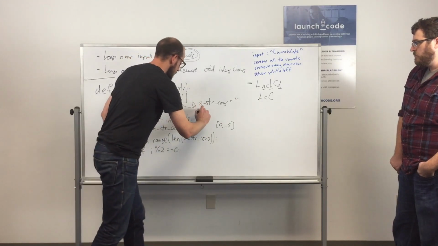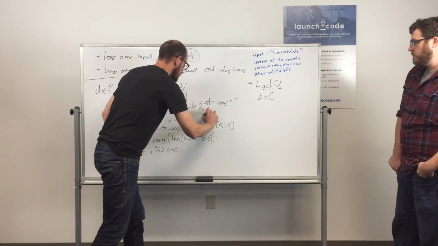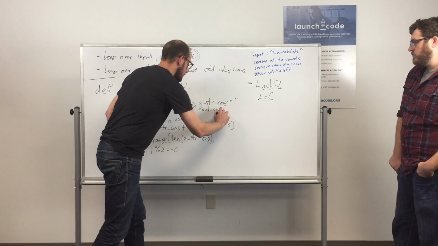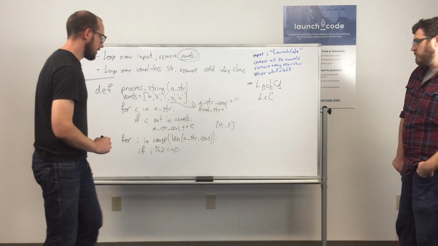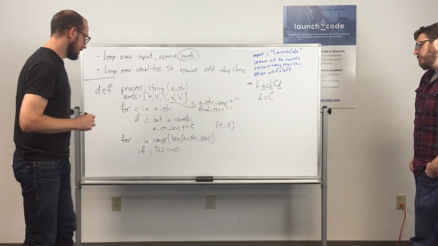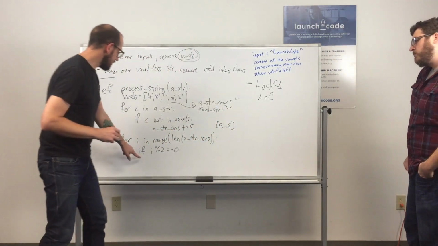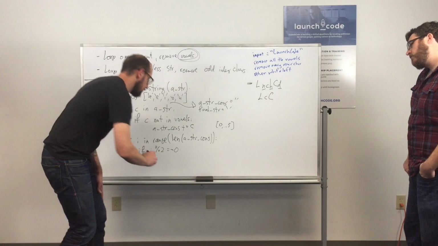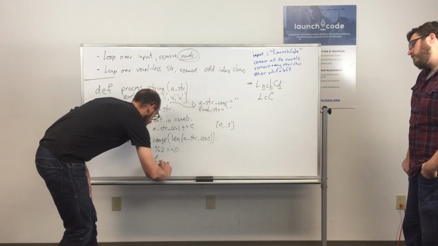I'll put it up here, and I'll say final_str, initialize it to the empty string. Okay. That's supposed to be 2 single quotes instead of a double quote. Then I can add these characters to that. So final_str